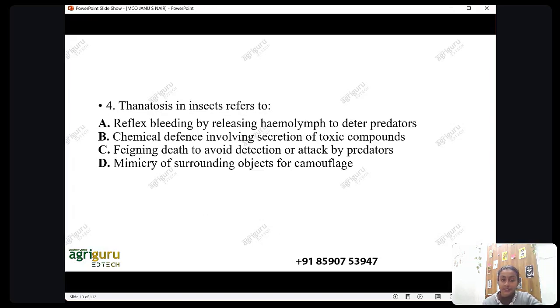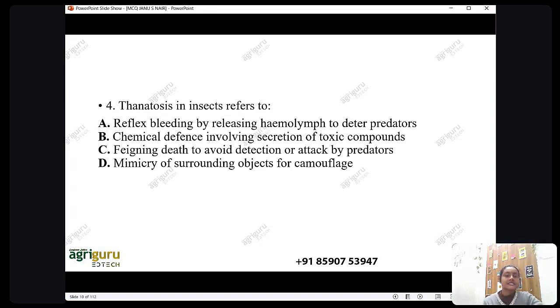Has anyone heard about thanatosis? I can give a clue. Thanatosis is mostly seen in coleopteran insects. So the right answer is